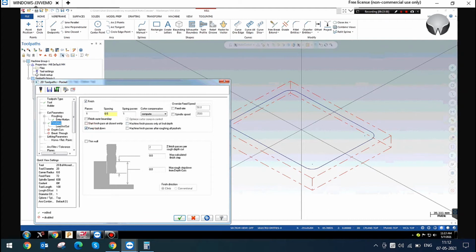Next here also the keep tool down option. And machine finish passes after roughing all pockets. If you have more than one pocket, the roughing will be completed, and the finish pass will go directly to the entire pass.